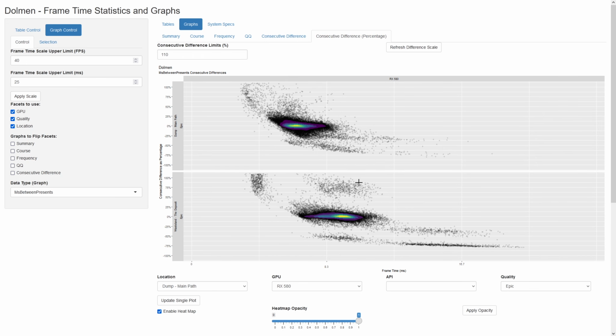Actually, I'm not sure. I might not want to redraw. So the difference between this graph and this graph is right here. Now it is showing as a percentage of whatever the frame time is. The reason why I am doing that is because